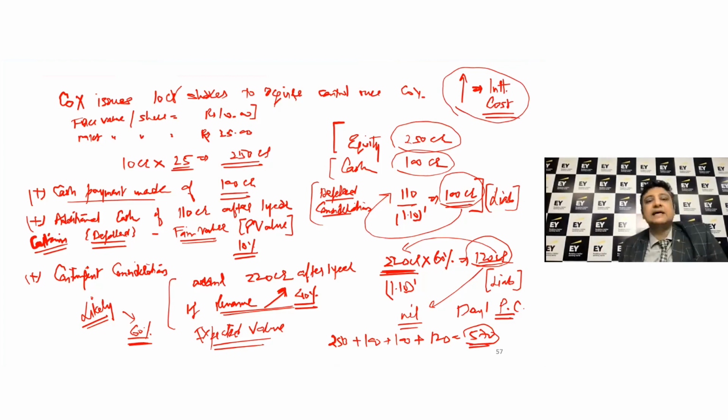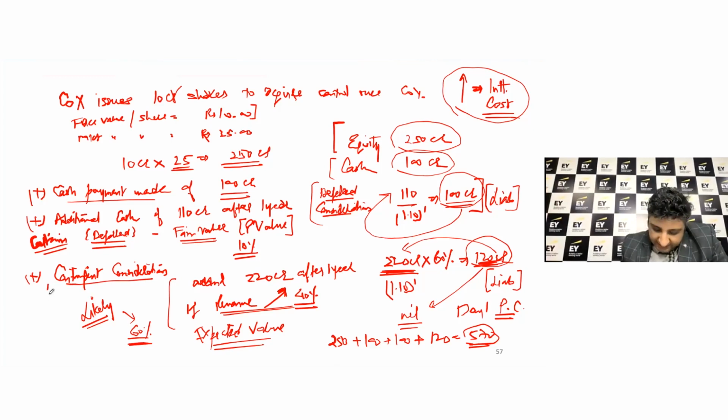Any increase in the deferred consideration is purely on account of delay in the payment. That's the reason why the time value of money comes in, and that differential would be accounted for, let's say, through the interest cost or finance cost, right? But then if you look at the contingent consideration, this value of 120, eventually if it is payable, which is